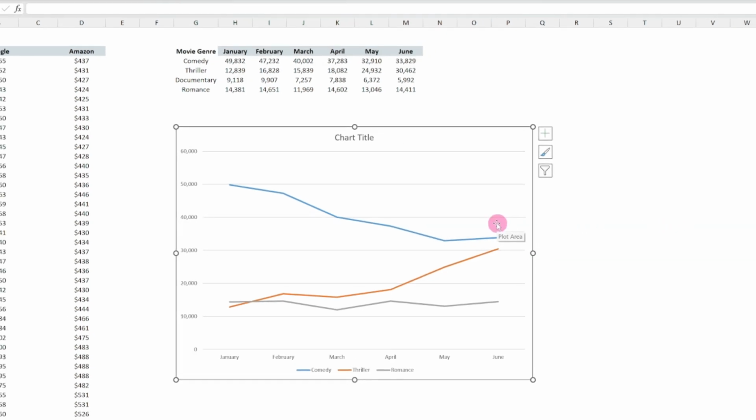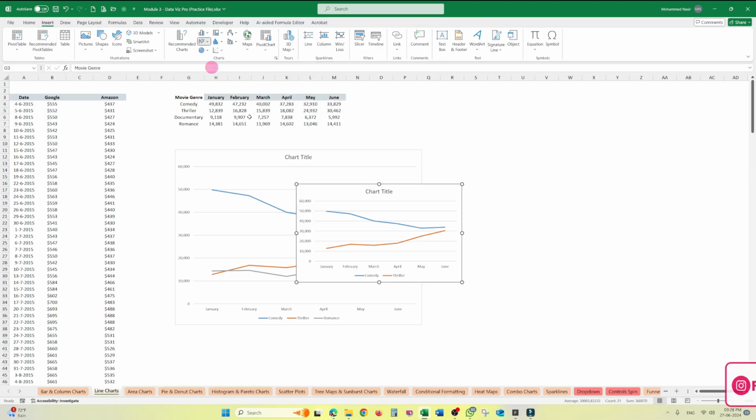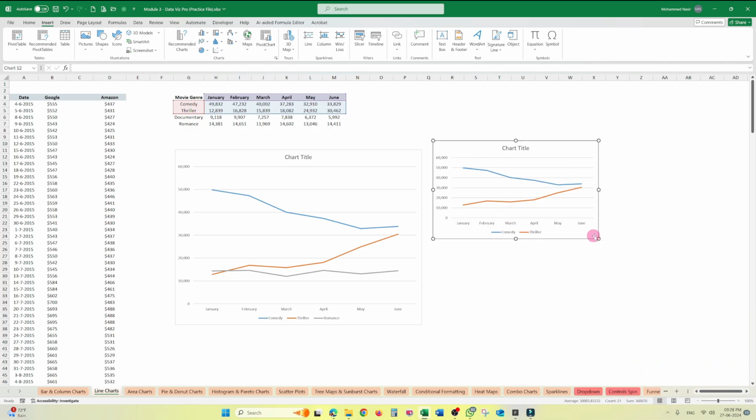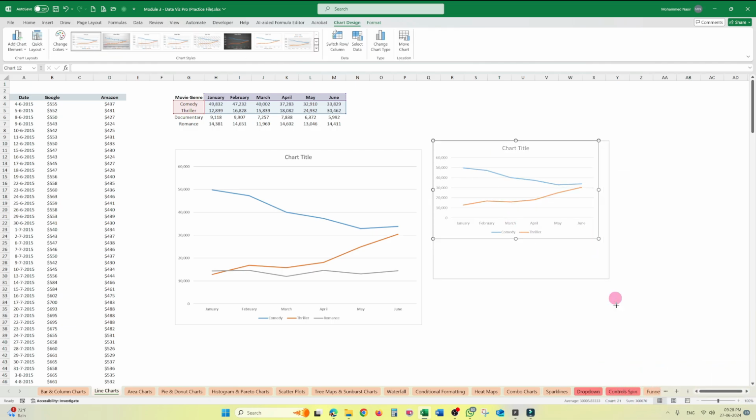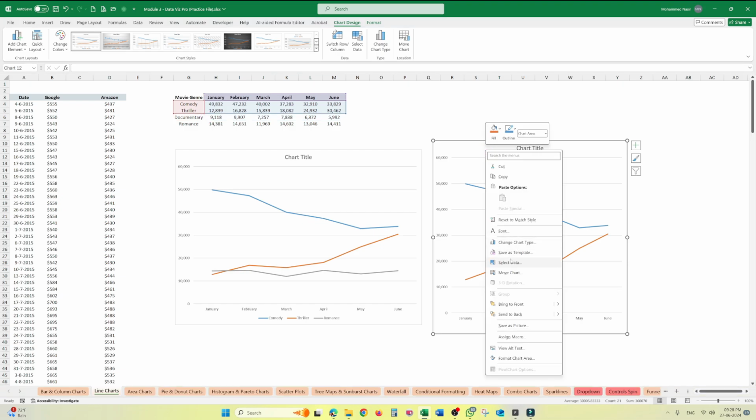So there are three methods. First method is select the data like this, and go to insert and then line and area chart or any chart, whichever you like. This is the first one. Second one is you just simply drag it to include documentary like this. This is the second method. Third method is right click, select data,